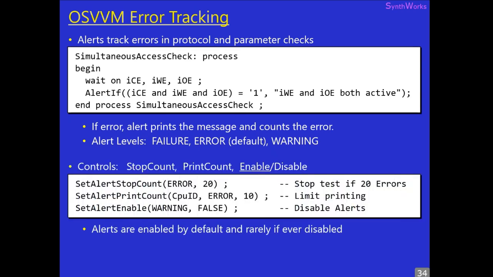And here we have levels also. We have failure, error, and warning. Failure is the default. We can set up different aspects. We can set the stop after a certain number. We allow an infinite number of errors to happen at this point, but you can trim it down. In OSVVM, I want to see a reasonable number of errors because I write bigger test cases and I want to see what aspect failed, and if I can't flush out more understanding of that error by collecting more error messages,